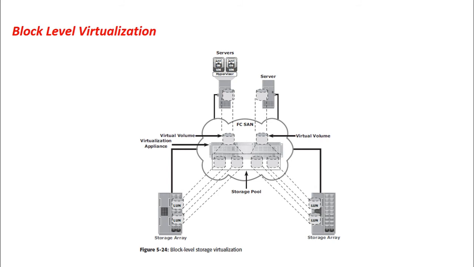The virtualization layer maps the virtual volumes to the logical unit numbers, or the LUNs, on the individual arrays. The hosts remain unaware of the mapping operation and access virtual volumes as if they were accessing the physical storage that was attached to them. Even though the servers are accessing these virtual volumes, they get a view that they are working with the actual physical storage devices. But in reality, they just access one LUN that is mapped to them. This mapping is done by the virtualization layer or the virtualization appliance.